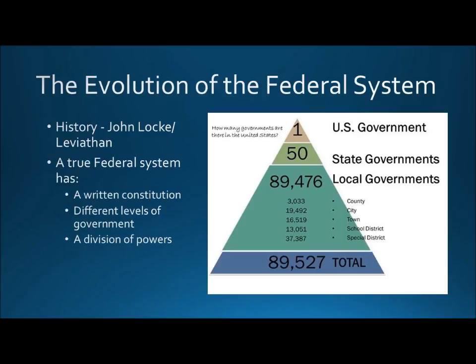Let's take a look at the evolution of the federal system in the U.S. When our founders were developing the U.S. Constitution, they had several influences, including John Locke and Thomas Hobbes, political philosophers who lived in the late 16th and 17th centuries. Thomas Hobbes, in 1651, published a work titled The Leviathan, or The Matter, Form, and Power of a